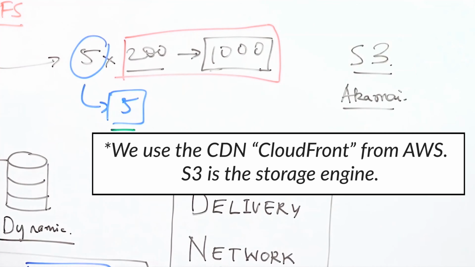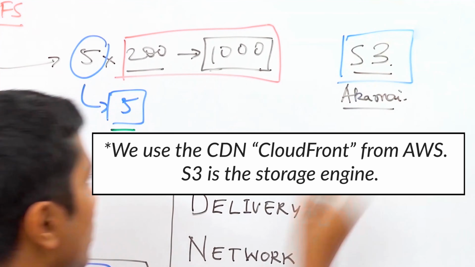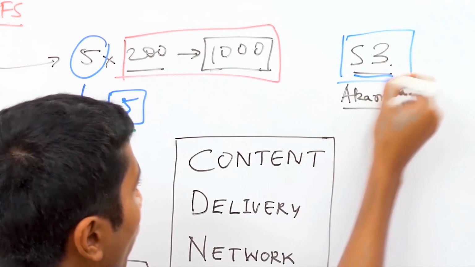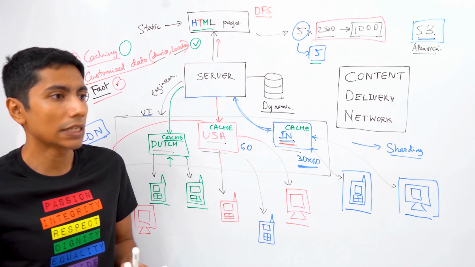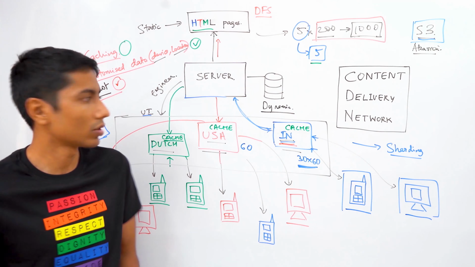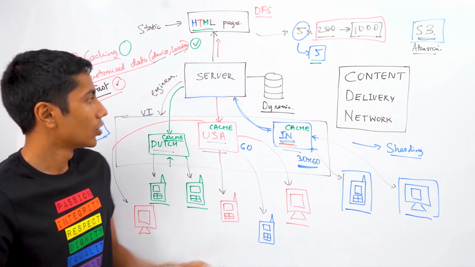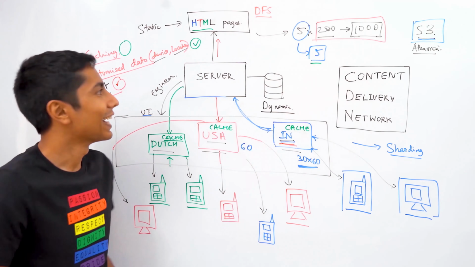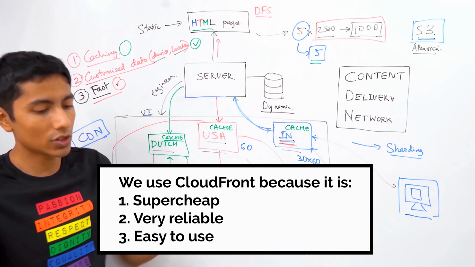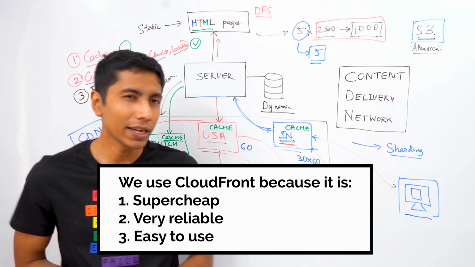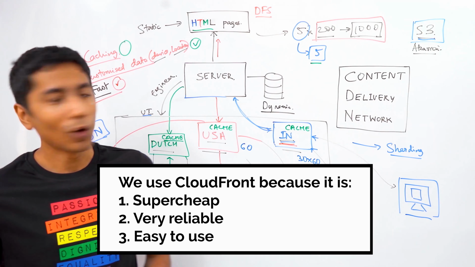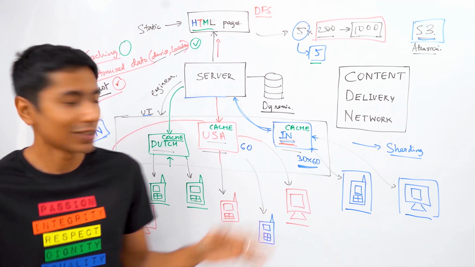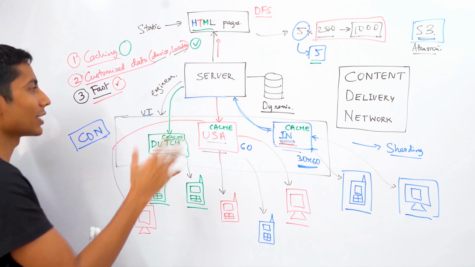The most popular content delivery network, I think, is S3. We use this at Interview Ready to host our files. So in case you are seeing some sort of system design or any kind of architecture diagram, it's on S3. And the reason we use it is because A, it's super cheap, B, it's very reliable, and C, it's easy to use. So all of the three things for a business are tick marked when you use S3.